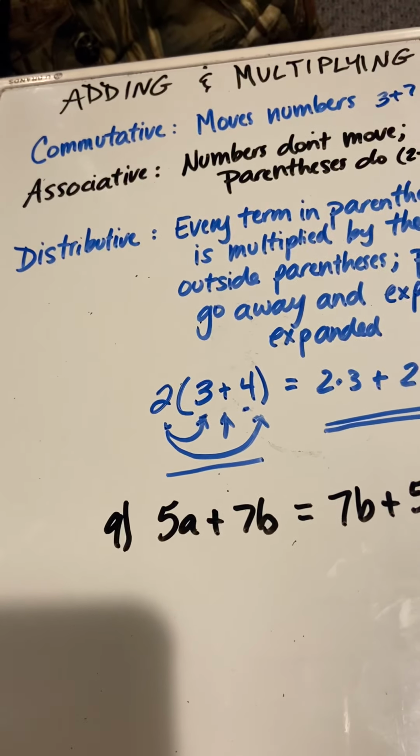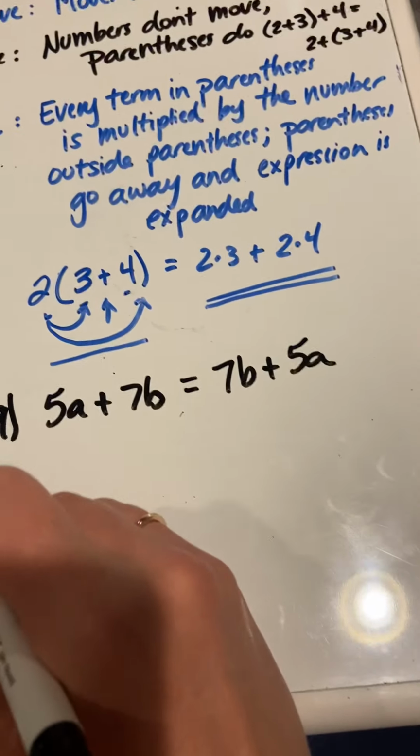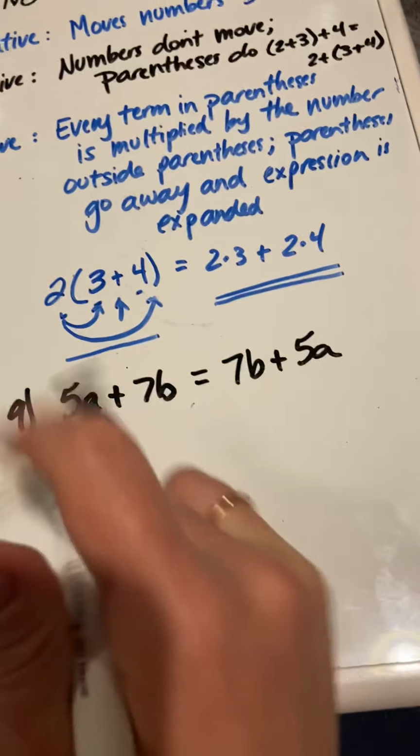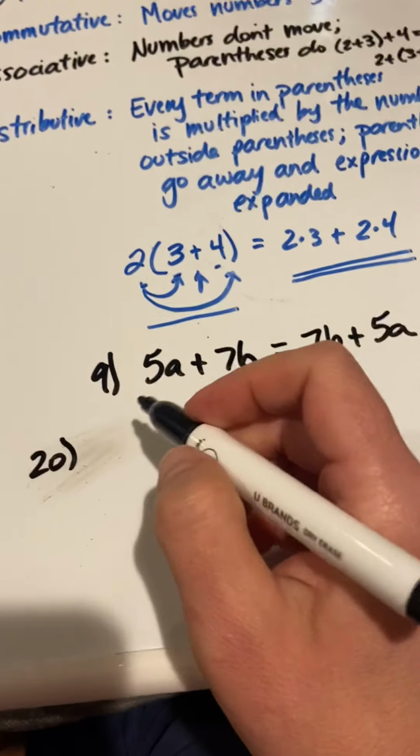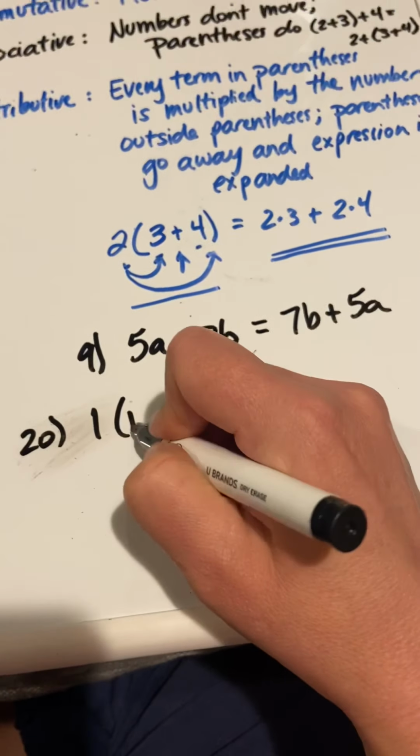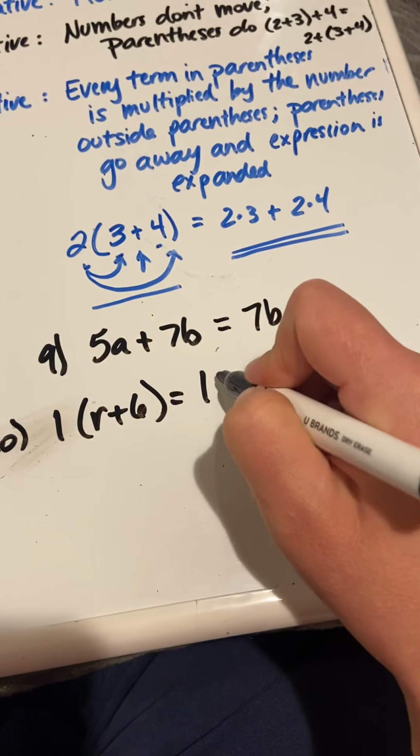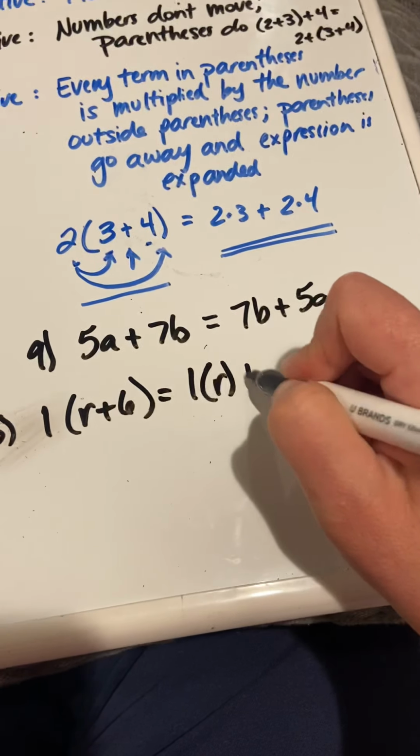The other problem that dealt with the properties that was missed was number 20. And number 20 looked like this. 1 times (r plus 6) equals 1 times r plus 1 times 6